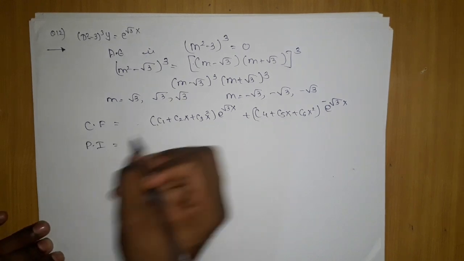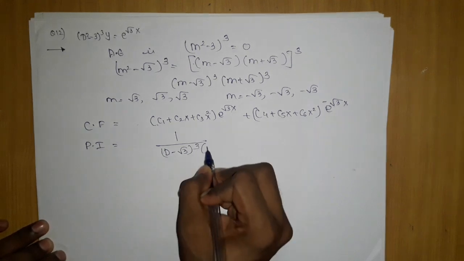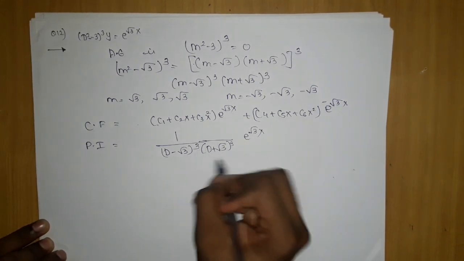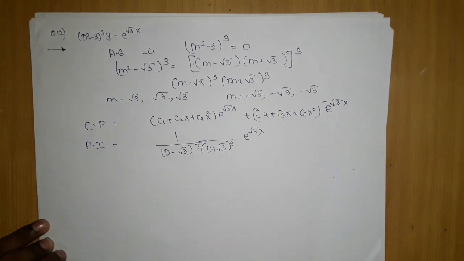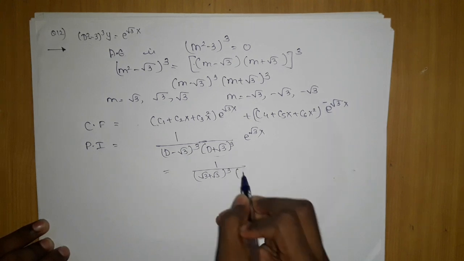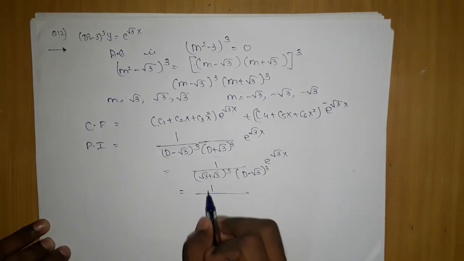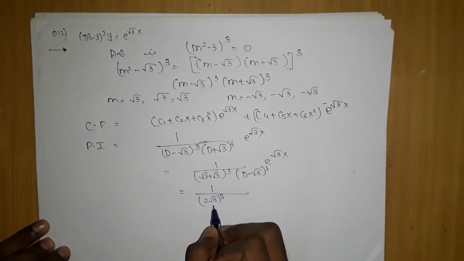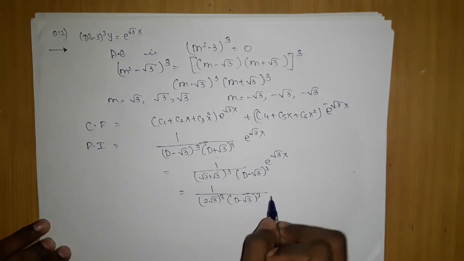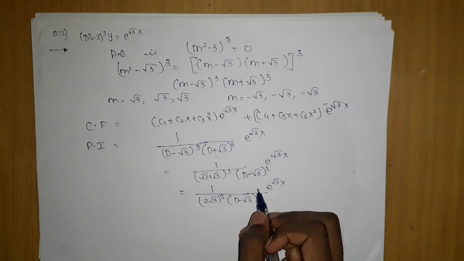The particular integral will be what? We are going to write it in this format, which is (d minus root 3) the whole cube into (d plus root 3) the whole cube into e to the power root 3x. You know this is always positive, which is phi d, so you will keep it as it is. So it will be (root 3 plus root 3) the whole cube, but this one you are going to apply the theorem to solve. So this will be (2 root 3) the whole cube, which will always be positive only, and here you will apply the theorem. Here it is power 3, so 3 factorial into x power 3 will be there for sure, e to the power root 3x. So you are confirmed of this.